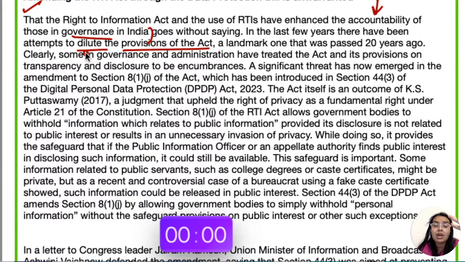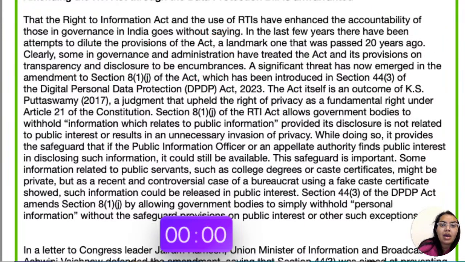They were diluted. उनका महत्व कम कर दिया गया था. A landmark one was passed 20 years ago. Now the act was a landmark act, and that was passed 20 years ago. This piece of information helps us know more about the act. Clearly, some in governance and administration, some have targeted the act and its provision on transparency and disclosure to the